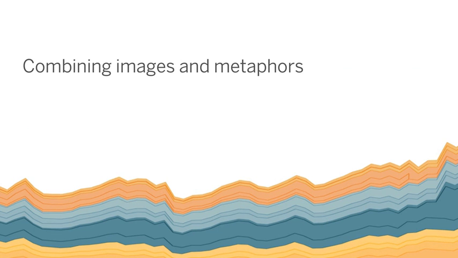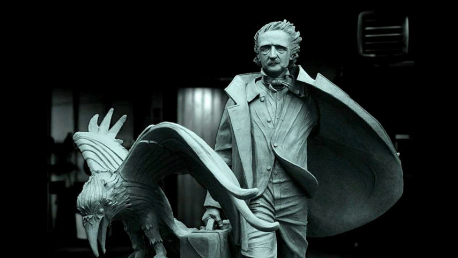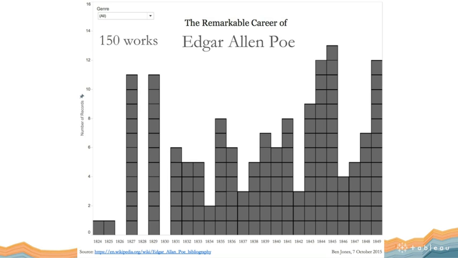But you can combine images and metaphors together. I remember reading the work of Edgar Allan Poe growing up in middle school and high school, right? Haunting work of poetry. One time I looked on Wikipedia and saw that there's a page that shows every single one of his works, every one of his books and poems that he ever created. And I wondered how many he made over the course of his career and how many years he created his work of literature. Turns out it was from 1824 to 1849 when he mysteriously died. I can say, oh, here's a way to show that. Every block is an individual work of literature and they're stacked like that.